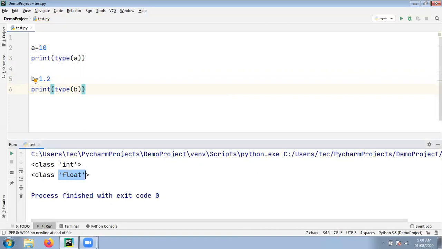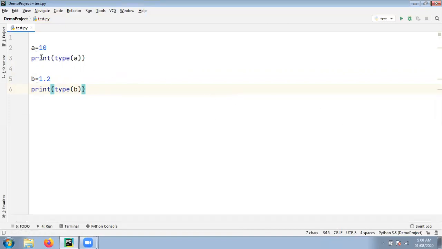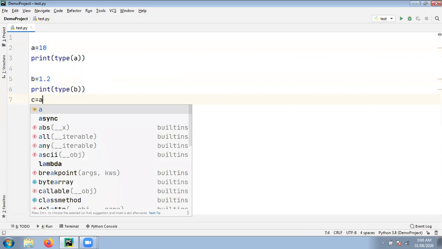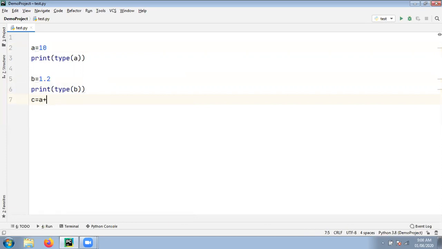Now here there are two different variables with two different data types. One is integer data, and the other is float data. Now suppose I write c = a + b. Now in this expression, what happened? The data type of a is integer, and the data type of b is float. Now different data types. So Python applies implicit type conversion here and converts the integer value into a float value, and then the addition is